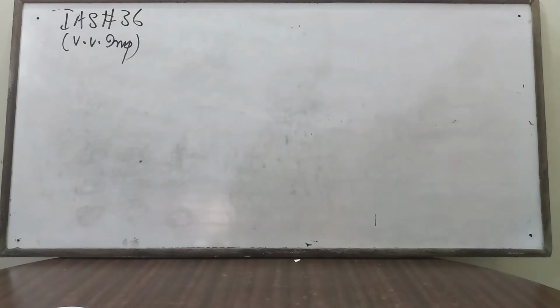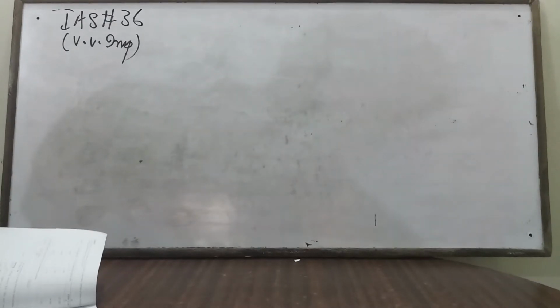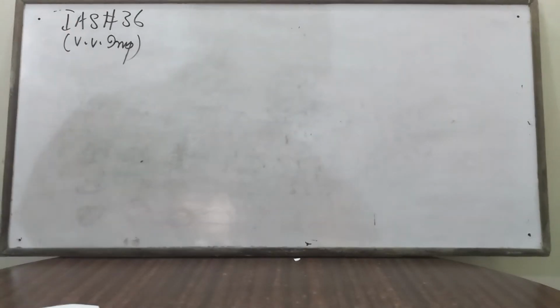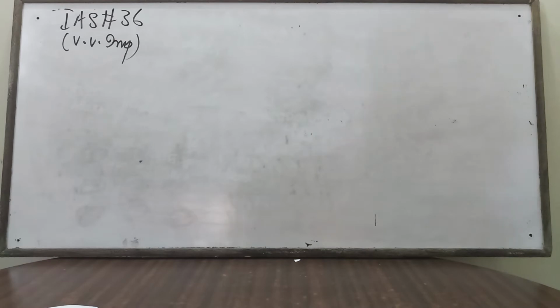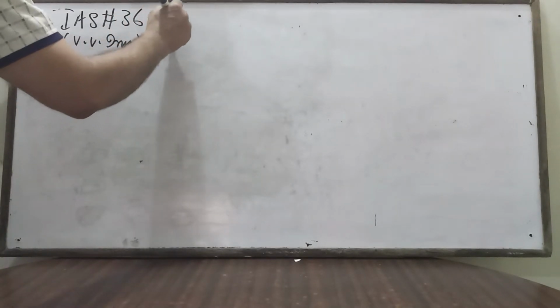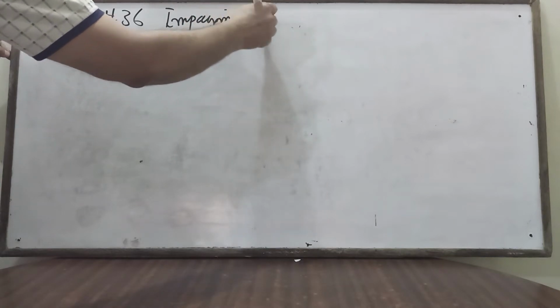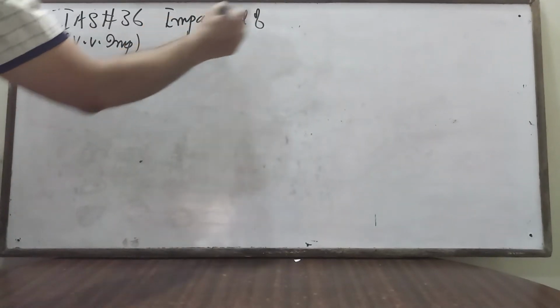Students, this is my third and final lecture of International Accounting Standards, and we have to discuss only three more IAS. We were discussing IAS 36. IAS 36 is a very important standard, and a few past papers have already come from it. This IAS is known as impairment of non-current assets.